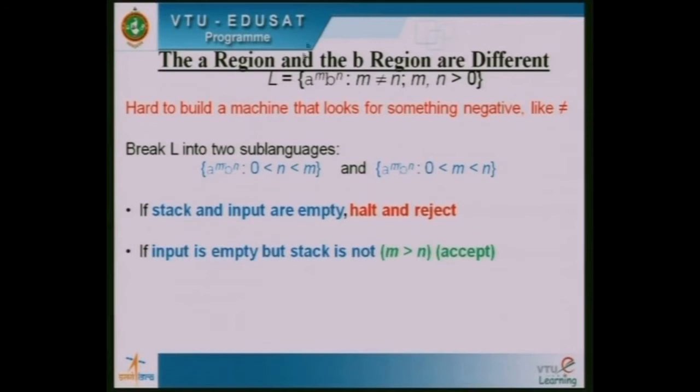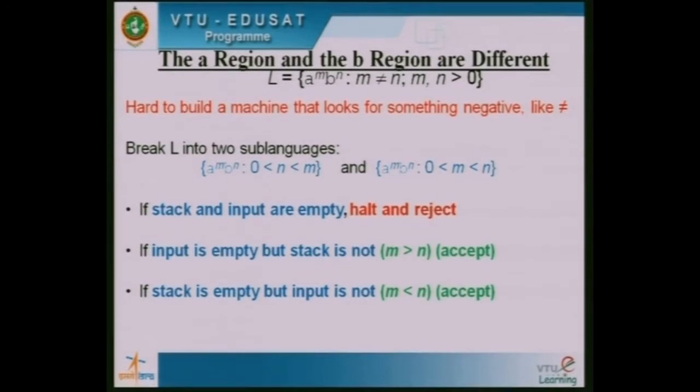But what I want is, if the input is empty but the stack is not, it means the number of A's is greater than the number of B's, then it must be accepted. The other way, if the stack is empty but the input is not, it means m is less than n, that is the number of A's is less than the number of B's, then also the string must be accepted. For example,